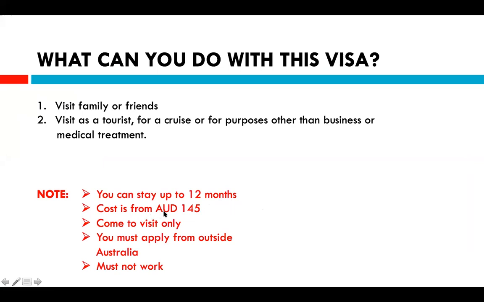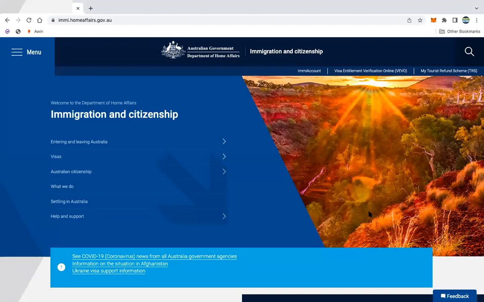The cost is around from 145 Australian dollars. You can only come to visit, and you must also apply from outside Australia. And finally, you must not work. Let's quickly dive in. Let me show you guys how to fill out this visitor visa to Australia application. So first of all, you are going to go to this website here,